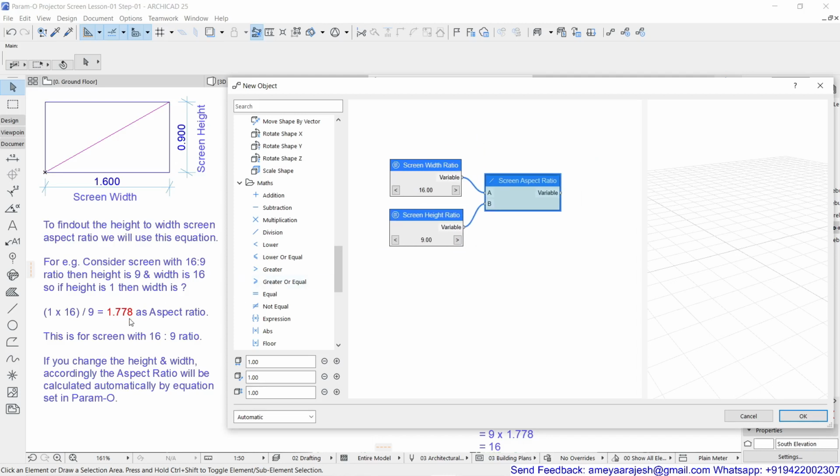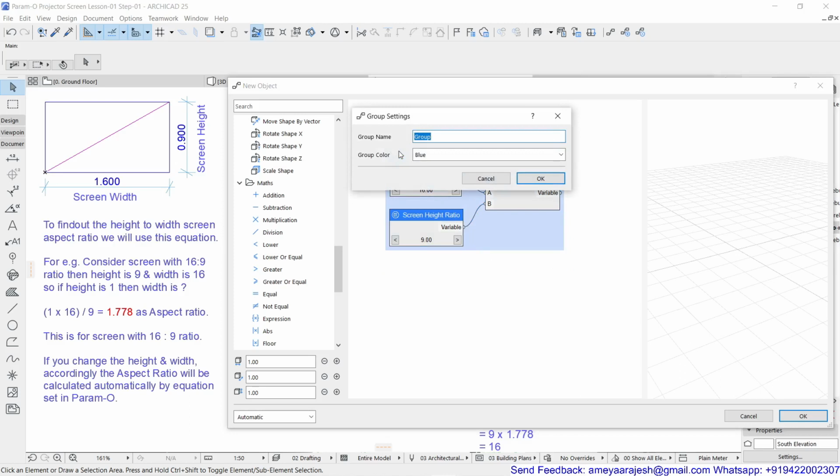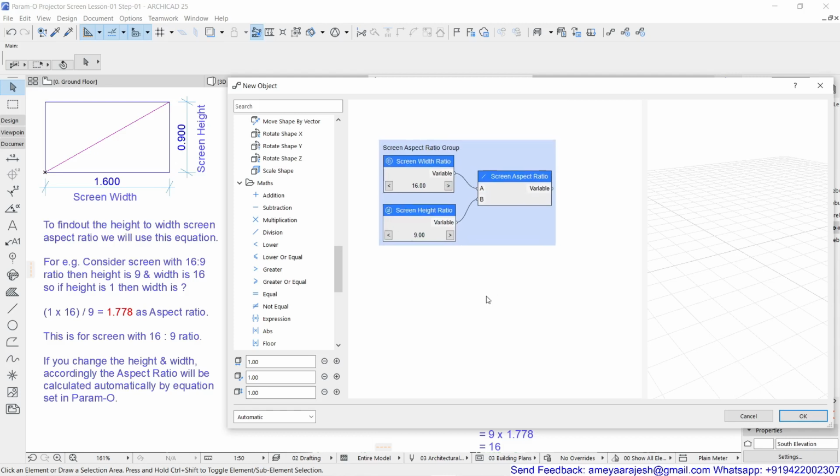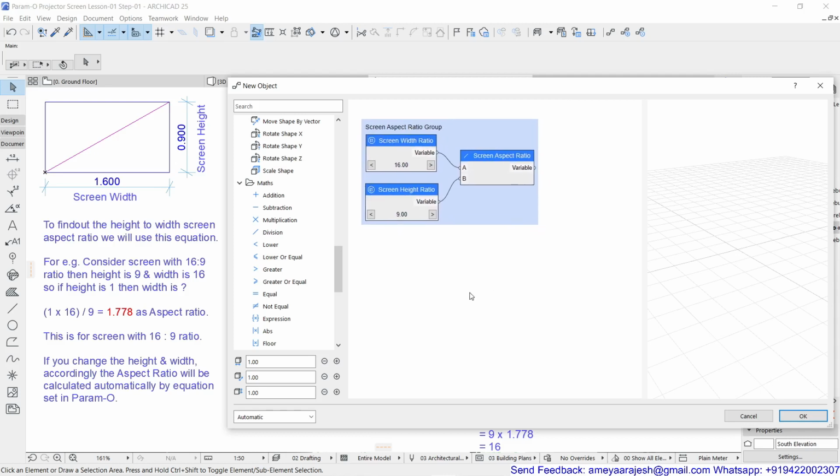Fine. So now this is supposed to be my first part. This is aspect ratio I was able to identify. I'm going to actually create a group of this. So just select all of them in one go and press Control G. You will see that a group is generated. You can double click on the group word so that you can rename this. So maybe this is my screen aspect ratio group. So I'll just put this as a screen aspect ratio group. Remember, it's not a compulsion that you have to create a group. I'm just creating them for my convenience, so it will be easier for me to work and find out for what reason these particular nodes were collected or added.